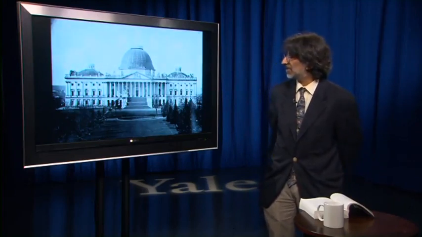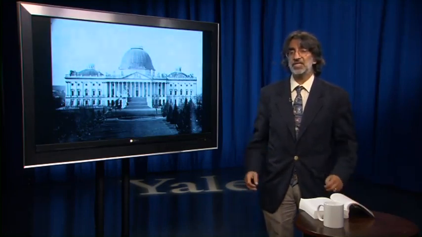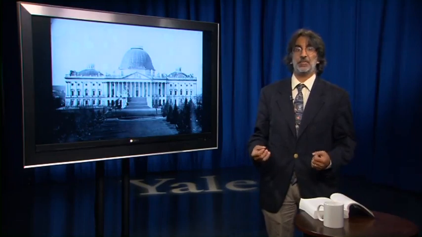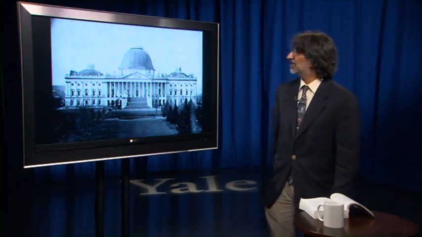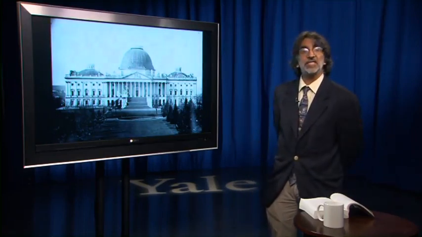Of course, the House of Representatives is going to be directly elected by voters. That wasn't true of any part of government under the Articles of Confederation. There wasn't direct participation by the people in the old Congress, but there will be direct participation in this new body. So in short, the old Congress was a collection of statesmen, and the new Congress is going to be an assembly of the people.